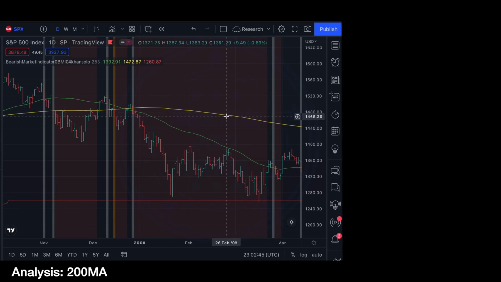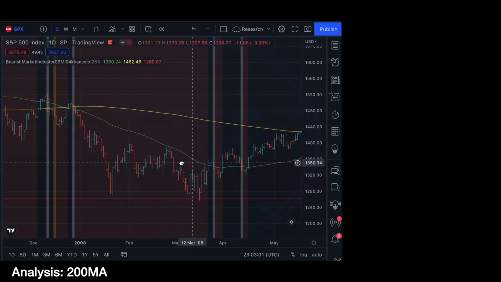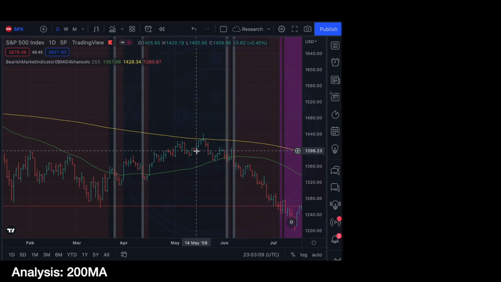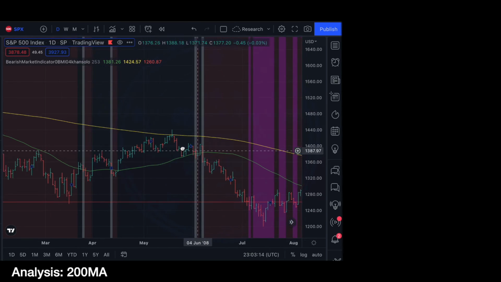If you look at the 200 days moving average, it is now a resistance line, so it has to penetrate through the resistance line here so that we know that it has successfully recovered. But to do that, the 50 days moving average needs to be tested also. Here, it does penetrate through, but it also gets tested again here, and then finally it does pass through, but unfortunately it didn't pass here, so boom, it fell